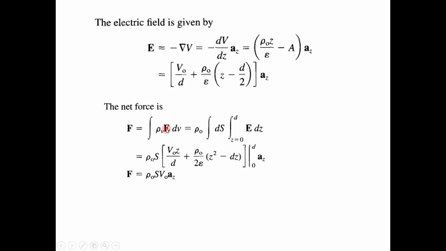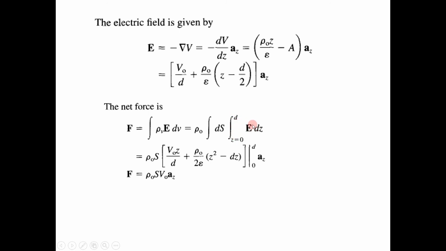Because what is electric field intensity? Electric field intensity is force per unit charge. So to get force, charge into E. Instead of multiplying with charge, you are taking the volume integral of charge density. So F is equal to volume integral of rho v E dv. Again rho v, you know that it is rho naught. Then you are interested only in Z, Z is the only axis where E is varying. So again you split it as ds, that is area can be split, and Z varying from 0 to d, and you are integrating E over Z.